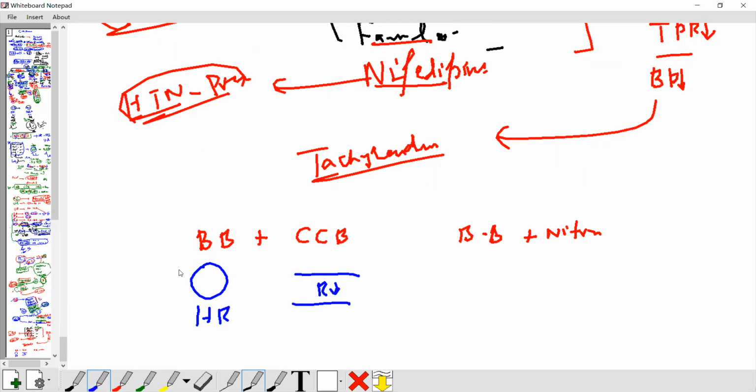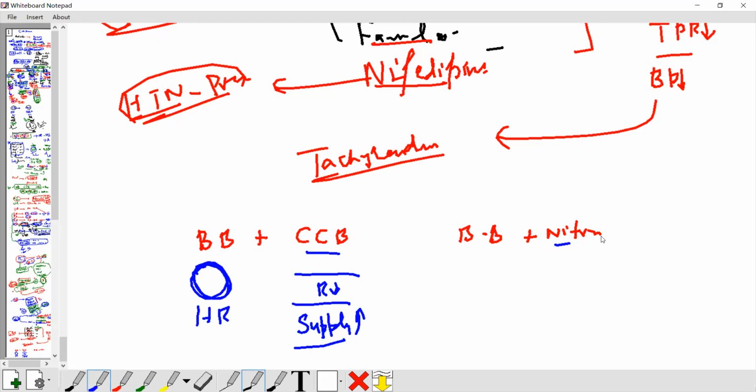So if they reduce the resistance, the demand by the heart is also decreased because the heart pumps very slowly. Another thing, because they dilate every vessel, they also increase blood supply. They dilate the coronary vessels also, so the blood supply to the ischemic myocardium will increase by using